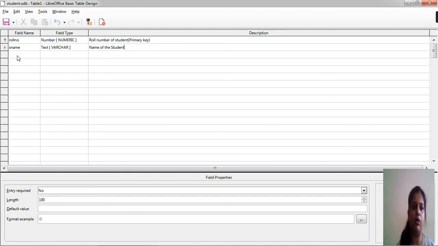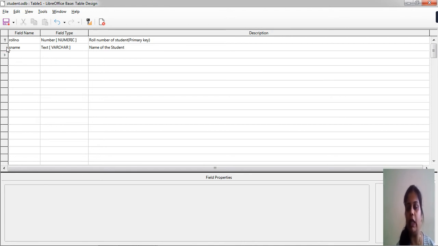Likewise, you will have to insert all the fields. Here you don't need to give primary key because your student name is not a primary key. The same name of student can be 2 or more in a class. For example, in a class there may be 2 Raj, but both Raj will not have the same roll number. So roll number is your primary key, whereas other fields in the table are not primary keys.